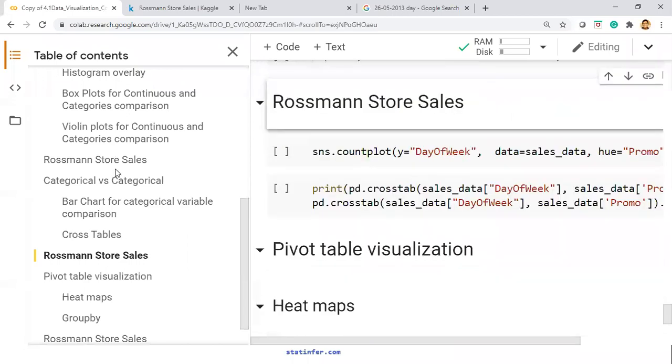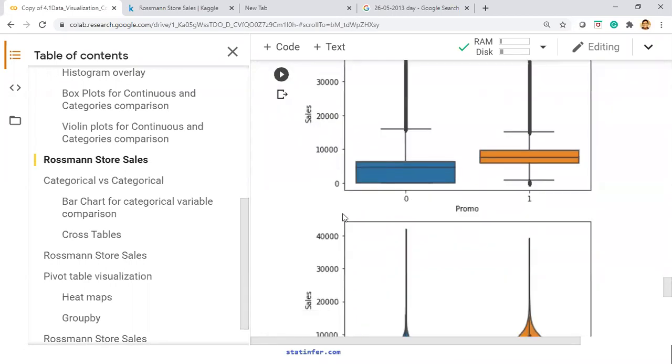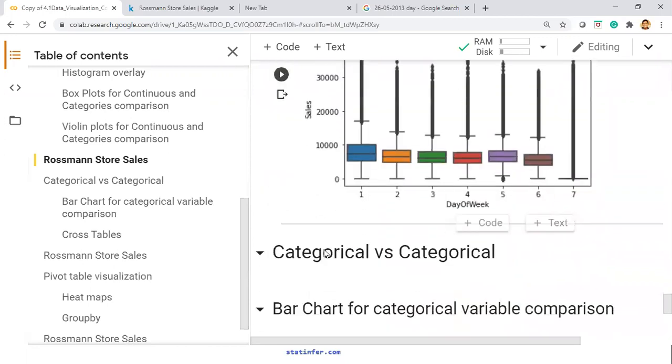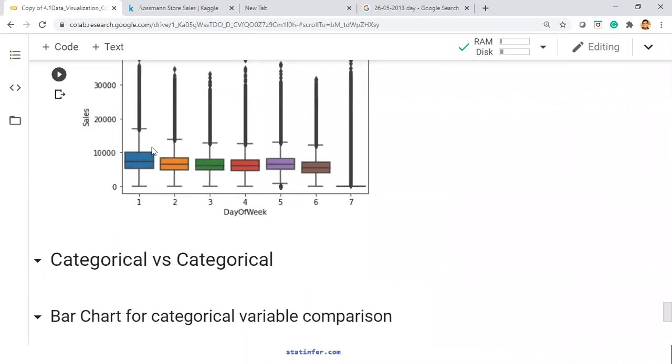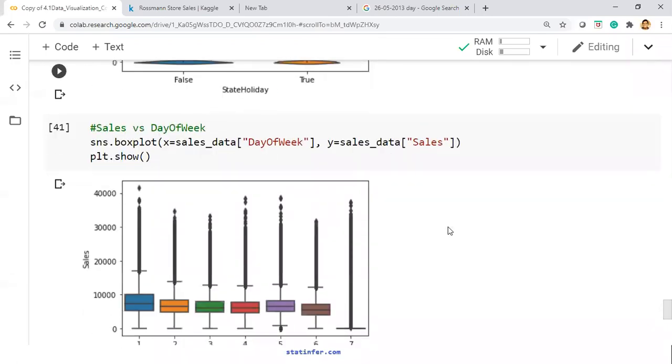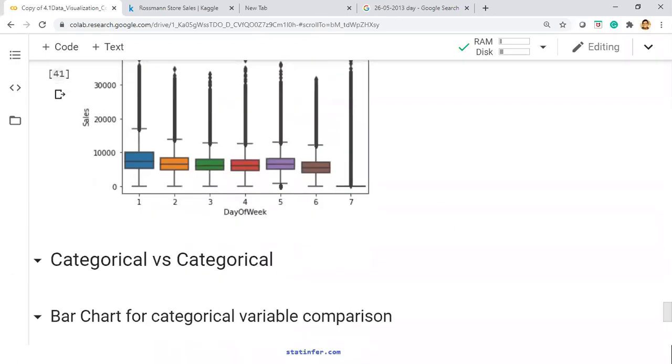So where were we? We are here. Okay. So what I'm saying is, most of you have given me this. Monday has the highest sales, which is opposite in our country. Monday, Tuesday will be least sales. Saturday, Sunday will be our peaks. They will be extremely high compared to, if we are looking at Big Bazaar data or some other data, we will have the opposite results. But that is a story. We have to follow the data. Data wins at the end of the day. None of the arguments will win.